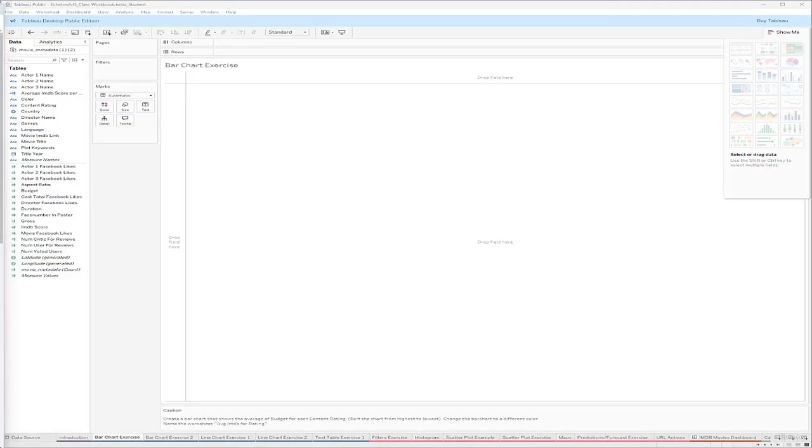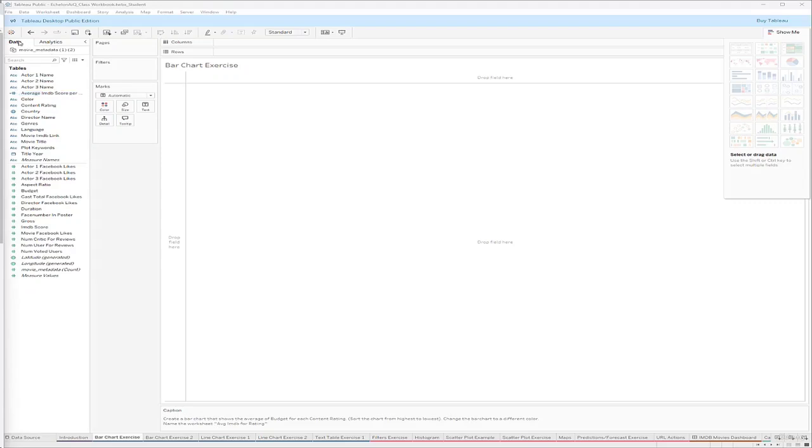Tableau is a powerful visualization tool, but it has many unique terminologies and definitions. So let's get familiar with these terminologies and definitions before we start our first bar chart exercise. As we discussed, we talked about the dimensions and the measures. The dimensions typically show qualitative data that Tableau reads from the data source, which in this case is movie metadata, and the measures pane shows quantitative data from our data source, which is also movie